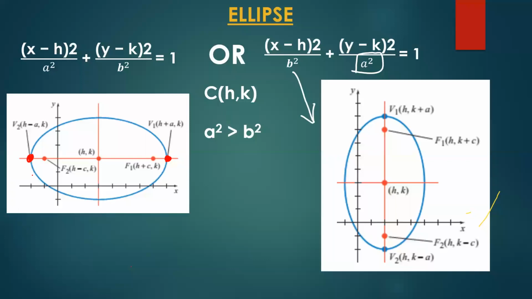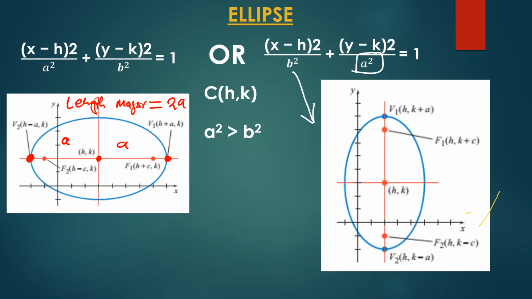So how do you find the length of the major axis? Remember what I told you. I told you that the distance from one vertex to the center there is known as what? A. It's the one that we get as the value of A. So to find the distance from this point up to that point, meaning you have two A's there, you're going to add this A and that A, which gives you 2A. So the length of the major axis is given by 2A, found by multiplying 2 by the